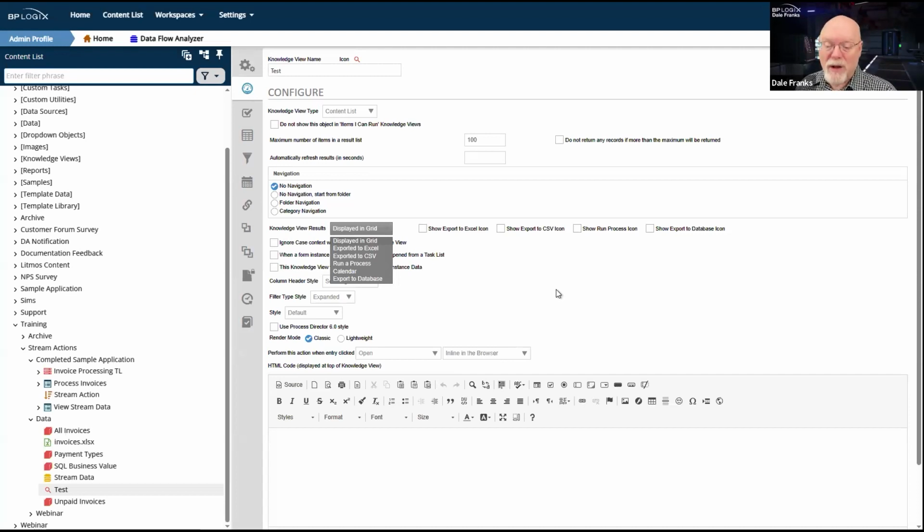You can do that fairly easily inside Process Director simply by clicking the knowledge view results dropdown and just choosing to start a process for each row. When the knowledge view runs, it kicks off the process. Any data that happens to be in that knowledge view row can be transferred over into a form, and you can copy that knowledge view data into the form for that row. And of course, it kicks off the process. And for however many rows in the array that you have, you'll have that number of processes.